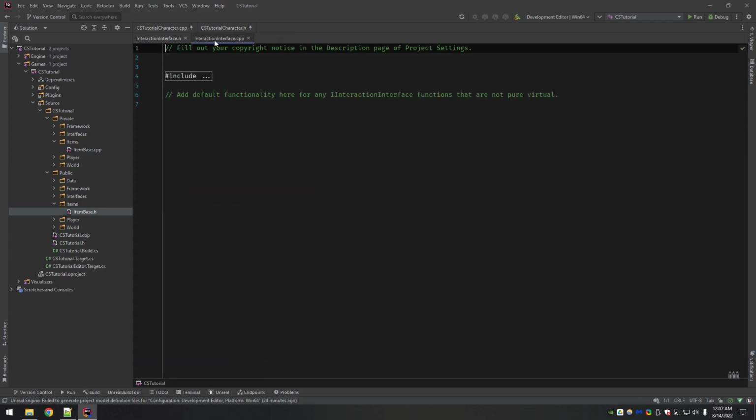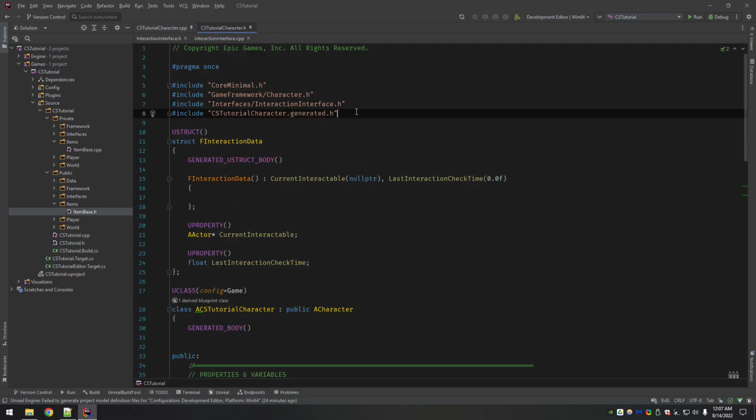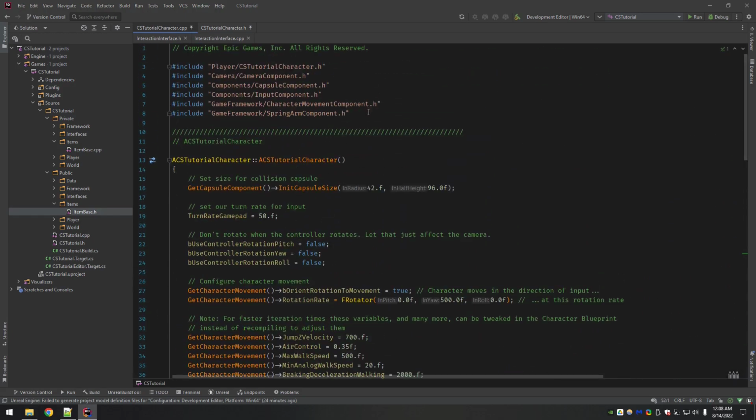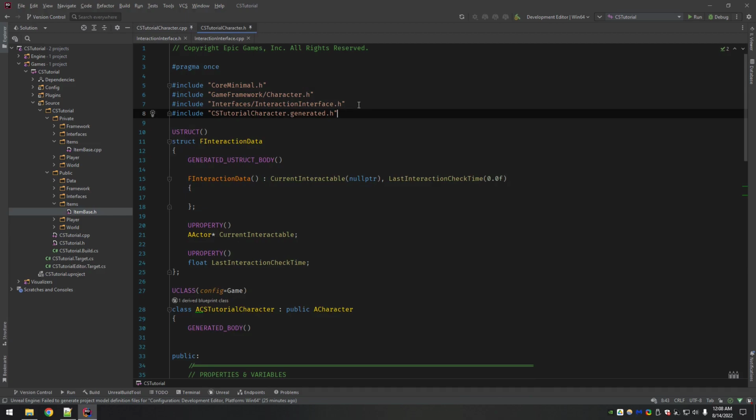I am usually not a fan of including headers in headers because that's how you end up with a circular dependency, if you're not careful, obviously. Class A includes the header for B, B includes the header for A, and that causes a problem. And so I usually try to always include headers in the CPP file, because it's only including it where it's going to be used, basically. Anyway, the point is, I can talk about that more later if it comes up.